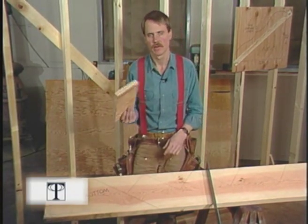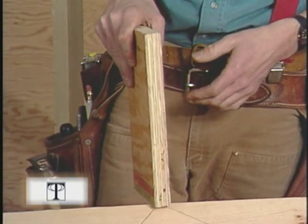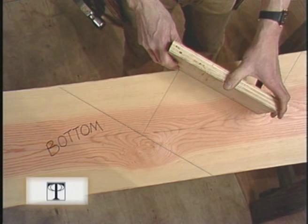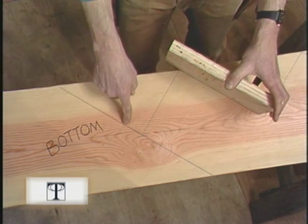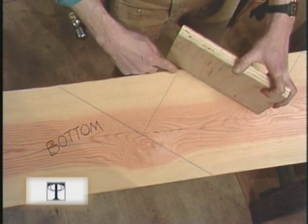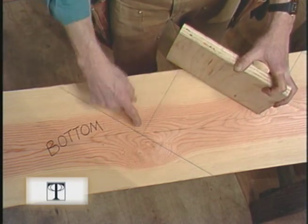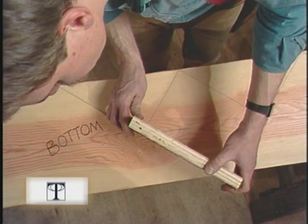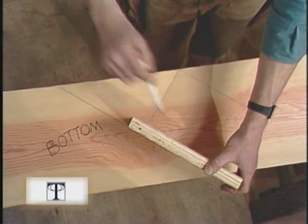This is a piece of plywood that's of the same thickness as I'm going to use for my treads, 1 1/8 inches. You can see when I position this, as if it were a real tread, that the distance from our finished floor line to the top of our tread is greater than our calculated rise. To solve this, I'm going to shorten the height of the first riser by removing the thickness of this tread from the